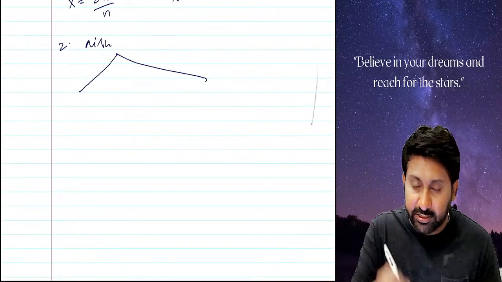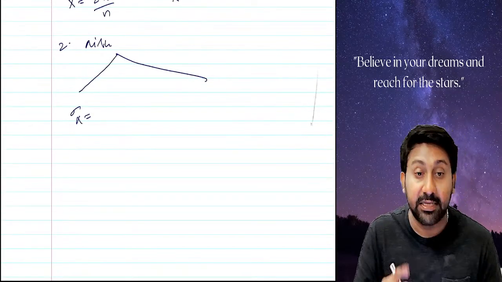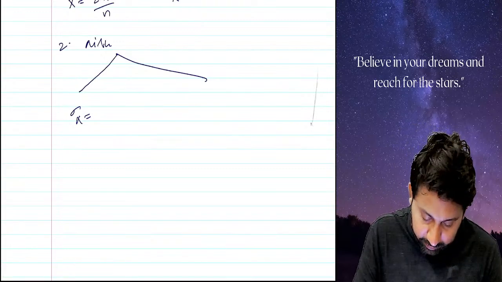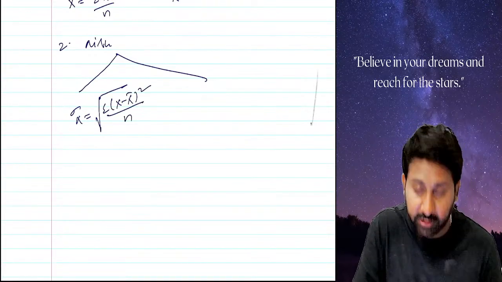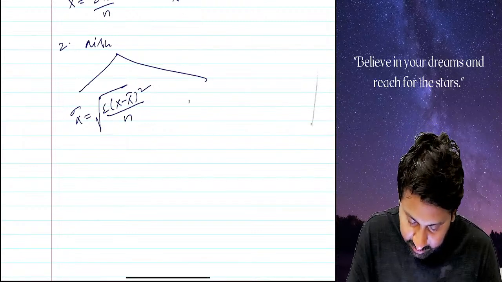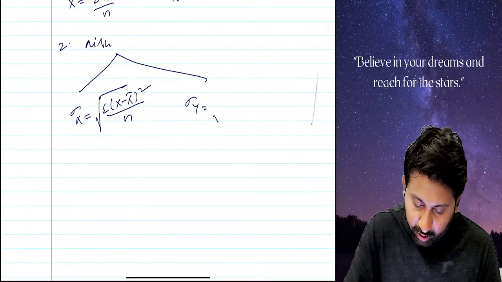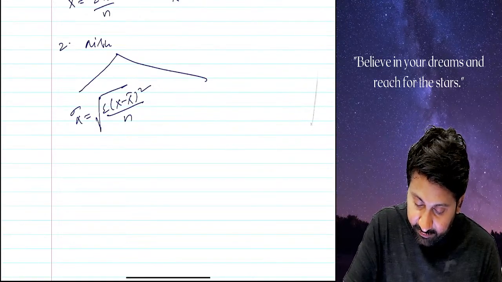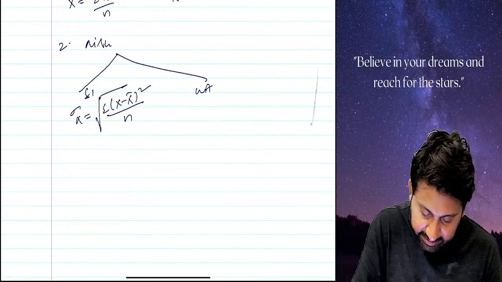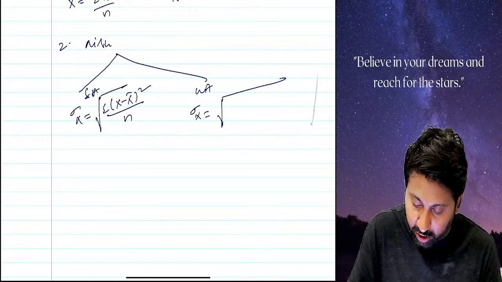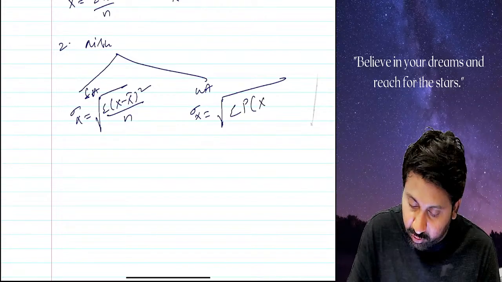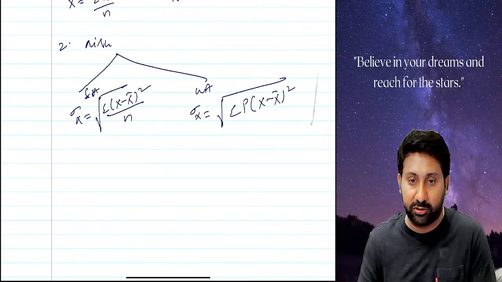Whenever individual security risk has to be calculated, sigma X equals root of sigma (X minus X bar) the whole square divided by N. Sigma Y equals the same, or if it is a weighted average, this is the simple average. Sigma X equals root of sigma P into (X minus X bar) the whole square.